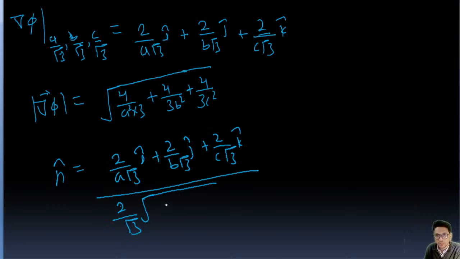So it is going to be 1 upon a square, sorry, 2 is 1 upon a square. This is calculation part, and 1 upon b square plus 1 upon c square, okay. This is the 1. So n cap is going to be,